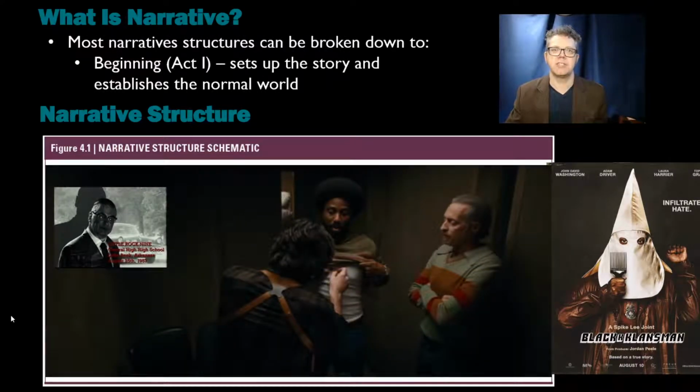And then we actually get into the narrative of the film. And your textbook says that most narrative structures can be broken down to beginning, Act 1, which sets up the story and establishes the normal world. What's the normal world? What's the diegesis of this film? We're going to use that term quite a bit today, and I'm going to explain what it is later. But for now, just understand when I say diegesis, I mean the reality of the film. The reality that